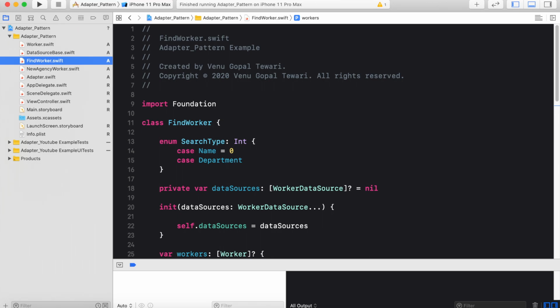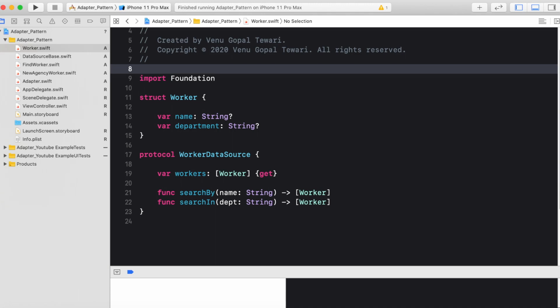Now as a software developer or designer, you have to find the solution of this situation: without disturbing the structure of your currently running application, you have to integrate the data of the new agency and keep your search utility running as it is. One possible solution for this situation is doing the data migration, but for some reason, this facility is not available. So what could be the possible way of solving this situation? And the answer is using the adapter design pattern.